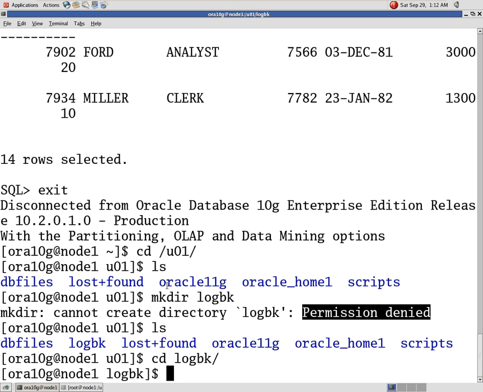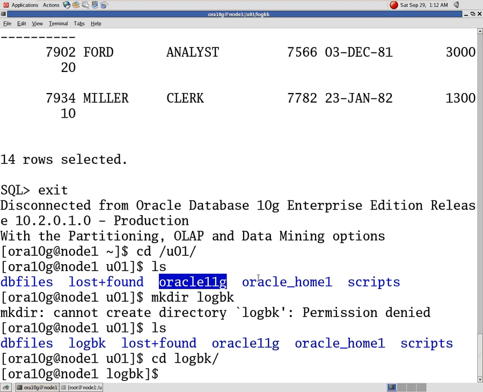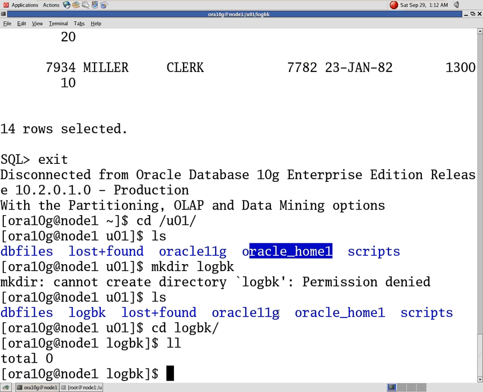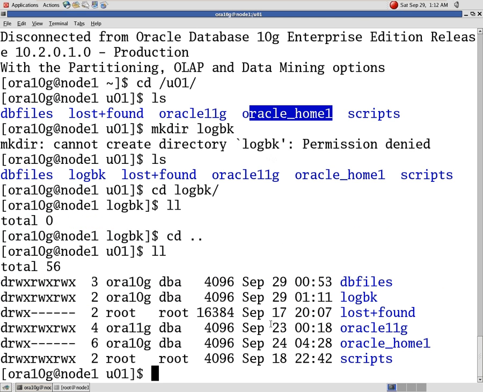So if you want, you can create a directory in the Oracle 11g or 10g home. No problem. Why? Because on these directories, who is the owner? See, the Oracle 10g home, the owner is the oracle user, so you can create a directory from here.